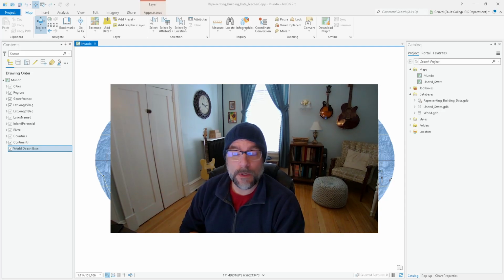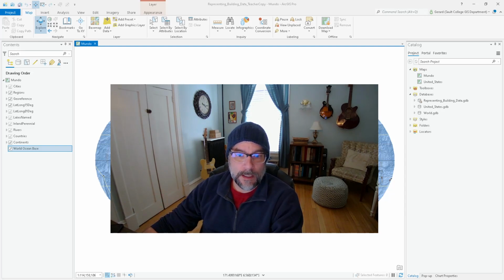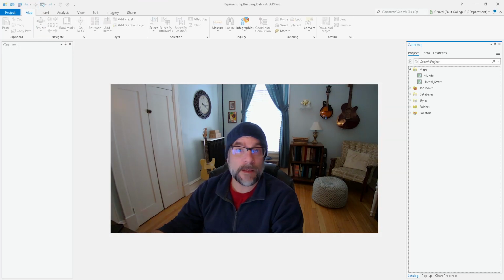lab number 2. Lab number 2, representing features, representing GIS data, building data sets. It's a big lab. Actually, it's going to be a few weeks. It's going to take a little while to finish this, and we are going to do our best. Here I am. I've got ArcGIS Pro open. I have two different projects open. I've got this one right here, which is kind of like a teacher copy, and then I have another one that is a blank project that is the same, identical to what each of you opened up in class earlier